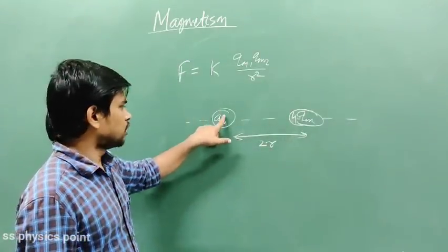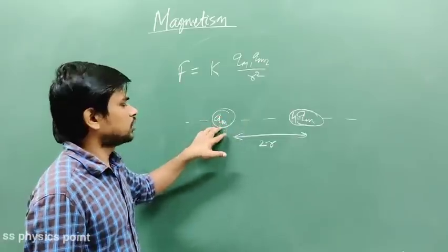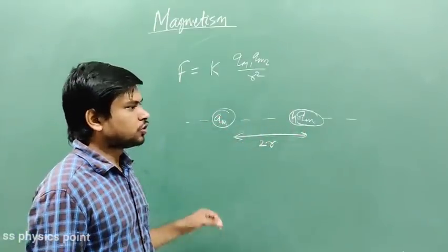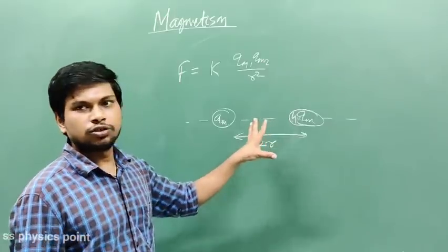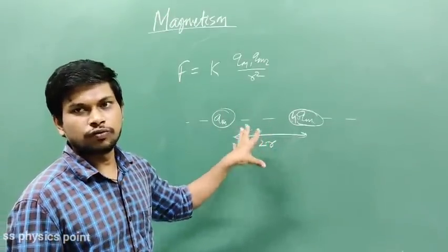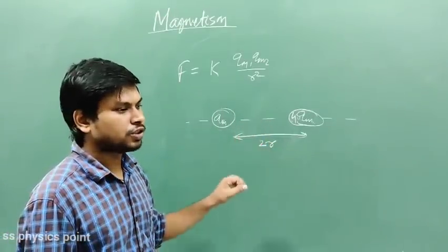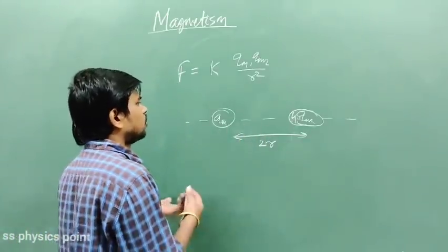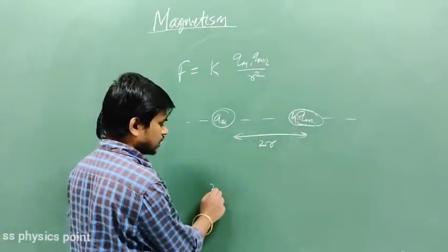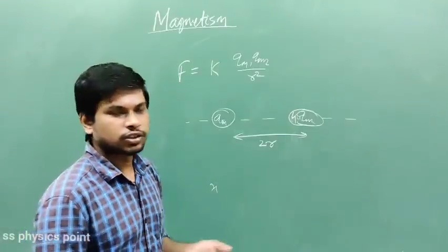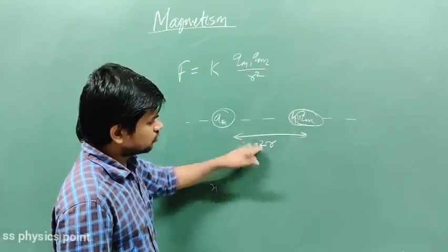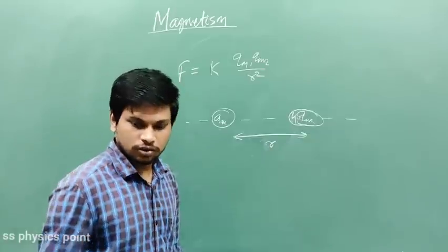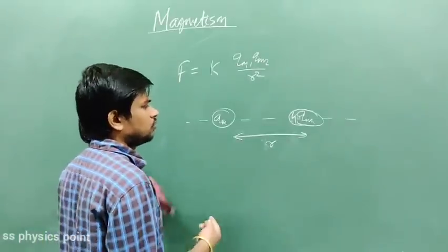Here there is a pole with pole strength Qm, and here there is another pole with pole strength 4Qm. They are asking where the net magnetic field will be 0. Just find the point where the net magnetic force is 0. So you can solve this one. Suppose that point is at a distance x, then the other distance will be r minus x, or you can take it as 2r, or just r will be better. Take it as r. You can solve and send it to WhatsApp.